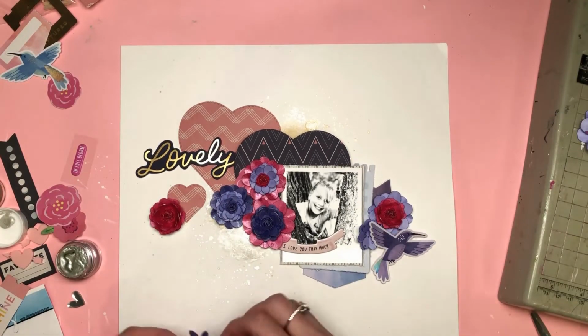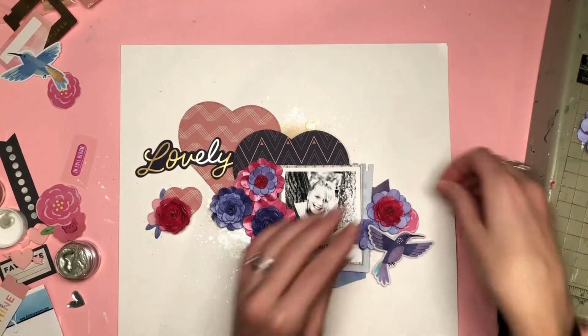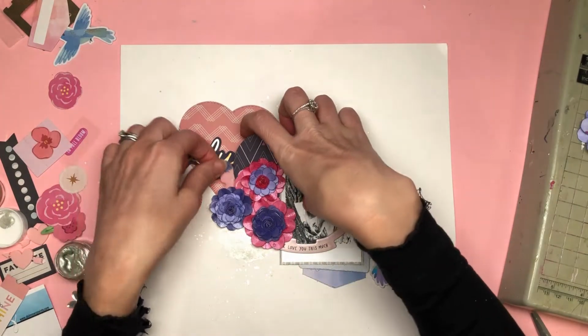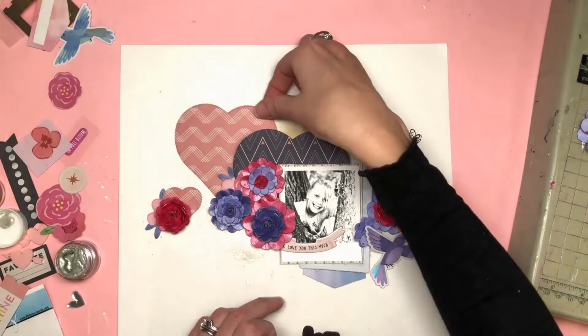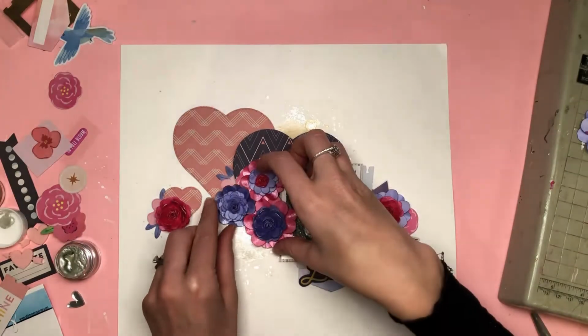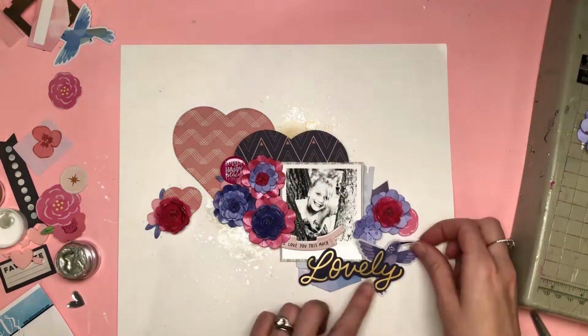So that bird is from Bloom Street, and I have some fussy cut flowers from Bloom Street too. And together these collections go really lovely, really nicely. And I've got a black and white photo of my beautiful girl who is 9, and I'm just going to arrange my 2 hearts and my photo onto the layout, as you can see there,